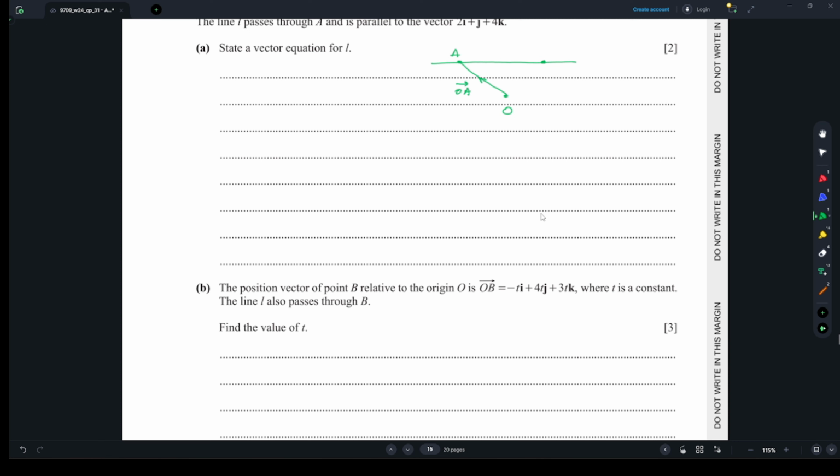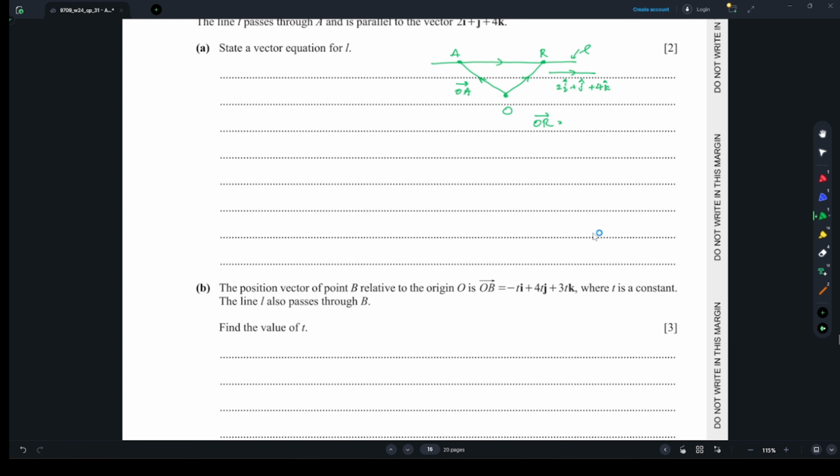And let's consider a general point here, R. This point R is on line L, and this line is parallel to 2i plus j plus 4k. So now I can write the OR vector in terms of, so OR,